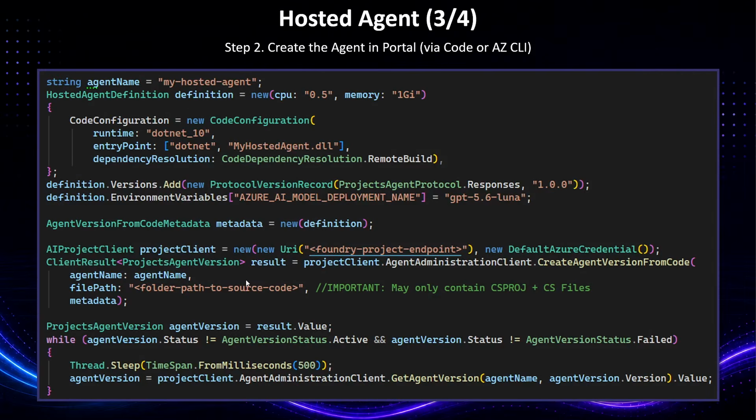So we need to give it the source code, and in order to do that, we need to tell how is that container going to run, what is it going to run, and what is the code here. So we're going to build an agent with a name, my hosted agent. That makes sense. And we're going to make a hosted agent definition where we need to specify how powerful should this agent be, what CPU should it have, a CPU normally, an entire CPU dedicated to it, or 2 CPUs.